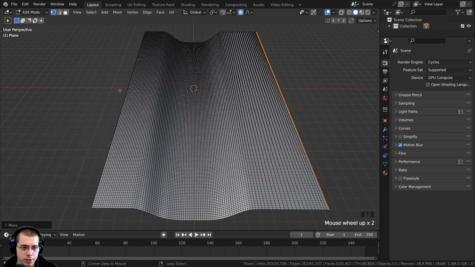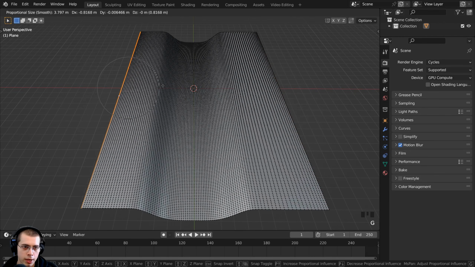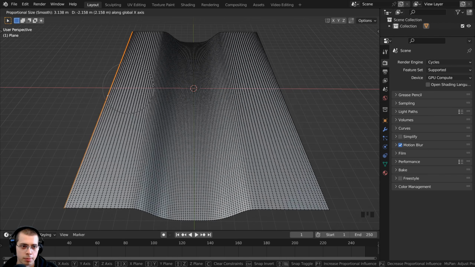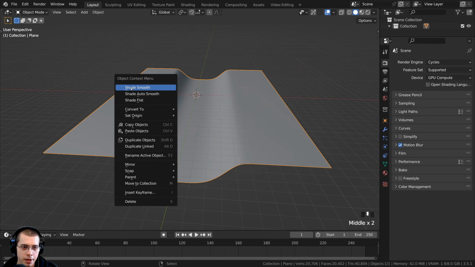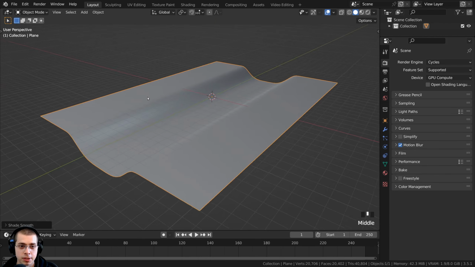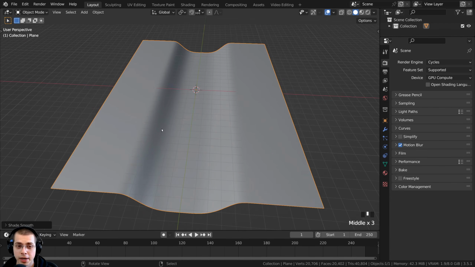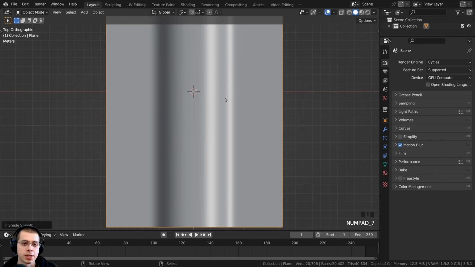And then I can also select this loop here, and I'll bring it out, use the proportional editing, kind of make that a bit smaller, and just make the sides of the river a bit longer. And then using the object context menu, I'll shade the object smooth. Now I want this river to be rotating over to one side, so I'll go to top view, and I'm going to go into edit mode,